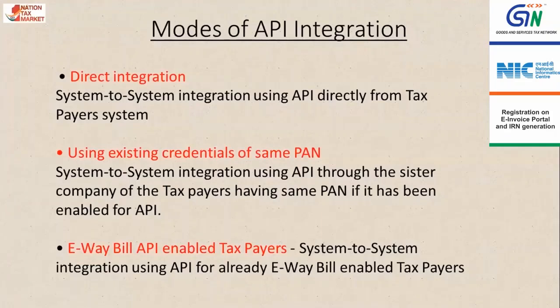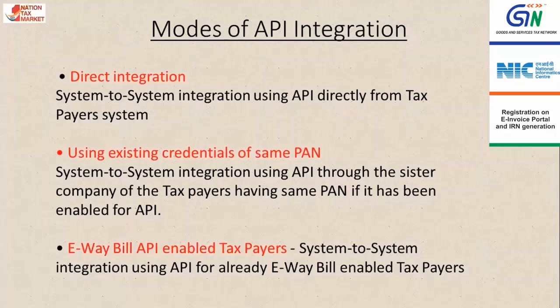If the taxpayer is coming from the GSP, then there is no need of whitelisting because the GSP would have been whitelisted. Since there are only 59 GSPs, they can directly contact NIC and they can get their IPs whitelisted by sending their test reports. So what has to be done by the taxpayer now, who is coming through the GSP? He has to log into the IRP system and there is an option for him to select the GSP